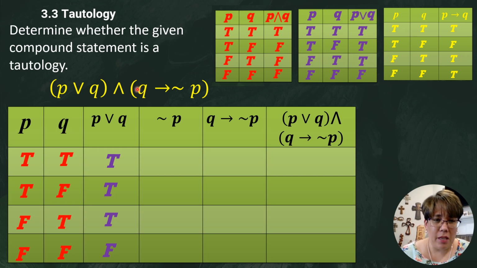Now, that takes care of this. In order to do this part, I'm going to need a not P. So I'm going to go ahead and just copy over not P. All I did was copy over not P, so I just did the opposite of those. Now, in order to do Q implies not P,